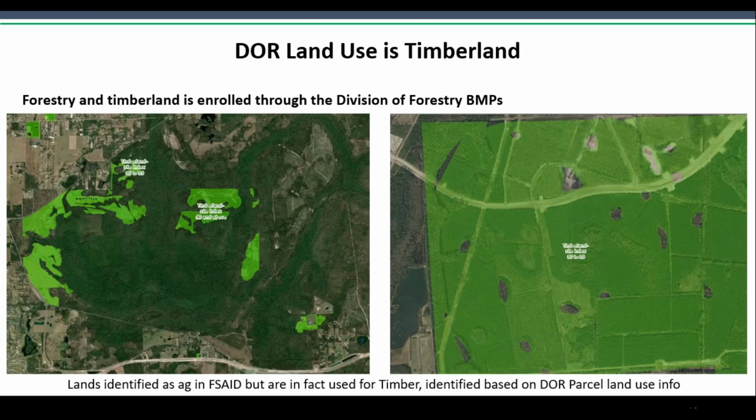Unenrolled agricultural lands that are within parcels that have a land use designation of timberland might be agriculture, but they require further review by OAP to determine whether the agricultural activity is enrollable in either a Forestry BMP program or our OAP BMP program, which are two separate programs. To identify parcels that are associated with forestry, we utilize the property appraiser data and select those parcels where the land use description indicates timberland, or in some cases, this designation is based on aerial review.